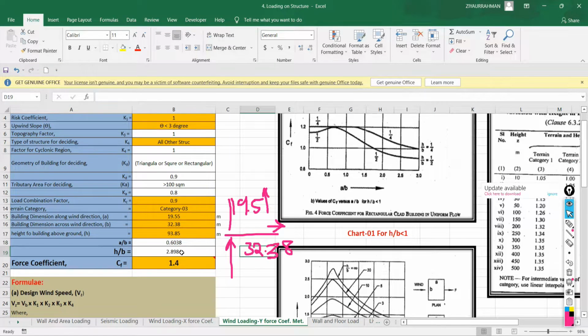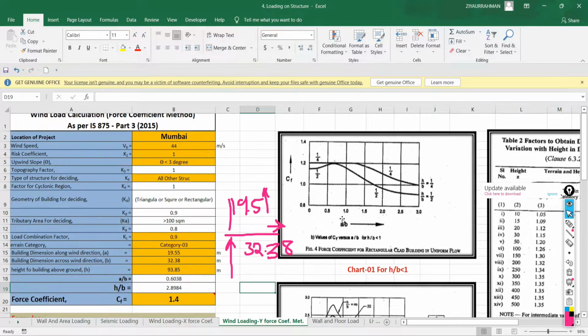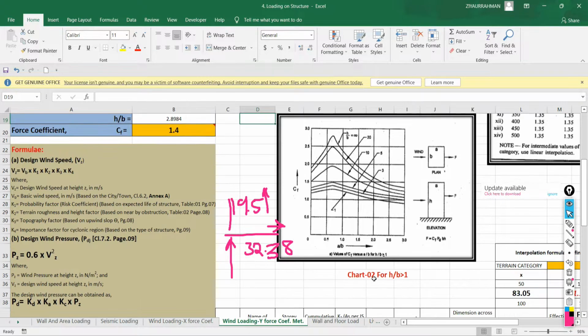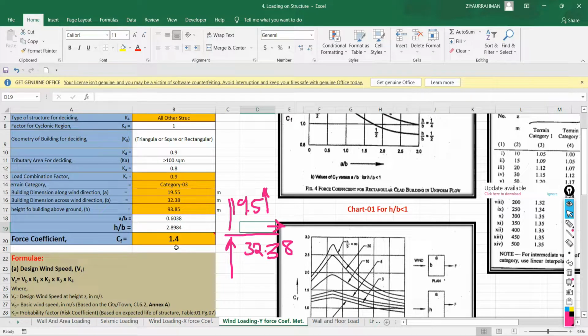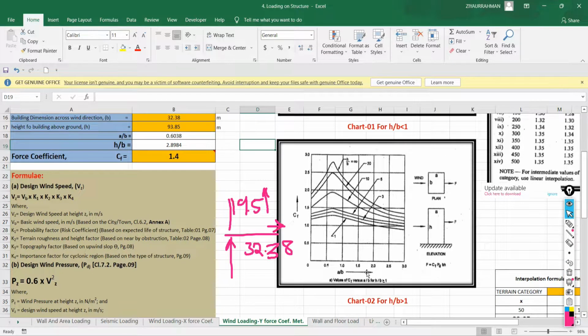Now tell me, based on H by B ratio, we have to decide the chart or the graph, which graph we have to use. This graph is for the value H by B ratio more than 1. Here H by B ratio less than 1. Tell me which one will be okay. More than 1. H by B ratio will be greater than 1.